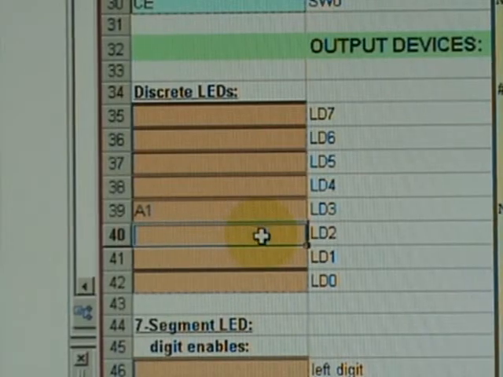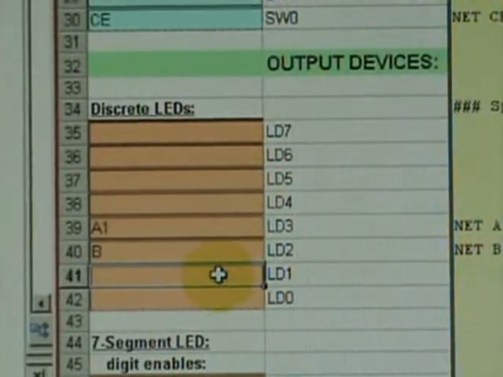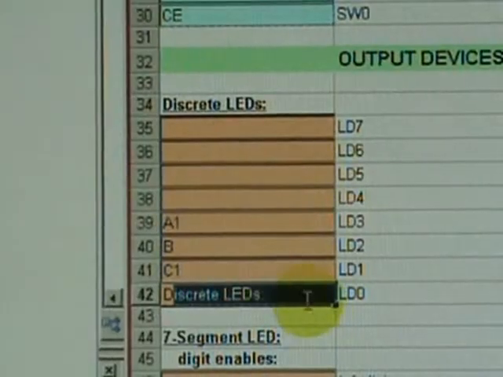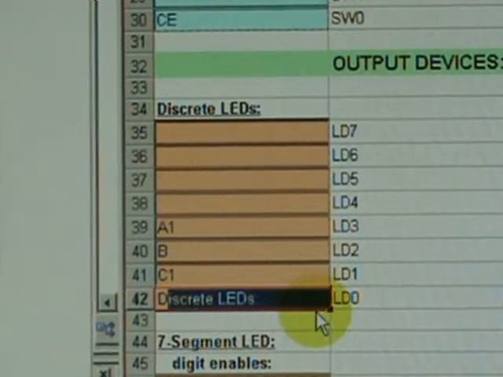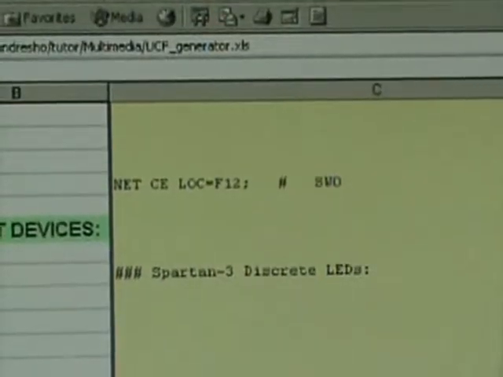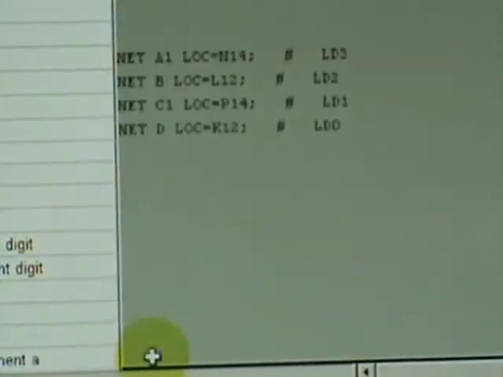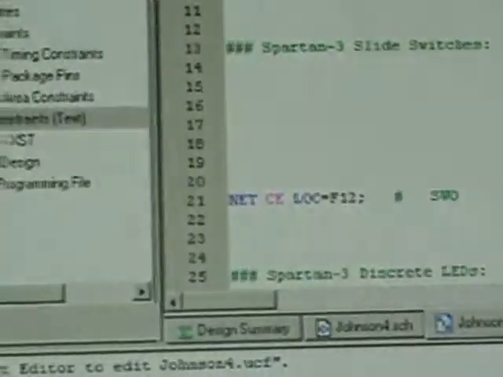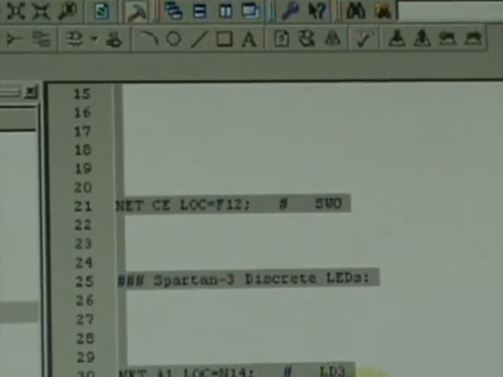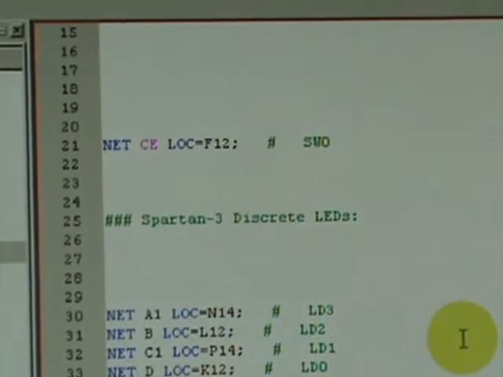This is B, output of the flip-flop, data flip-flop, that is C, and I call this D. Oops, notice that's wrong. That should be D. So change it, click, then you've got all what you need. Then what you do is just pick the yellow background generated UCF, right-click, select copy, go back to the Webpack, highlight all of this, and paste it on it, and that will be transferred here like this. Then you click save that,